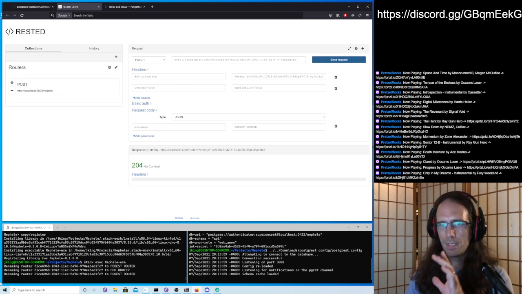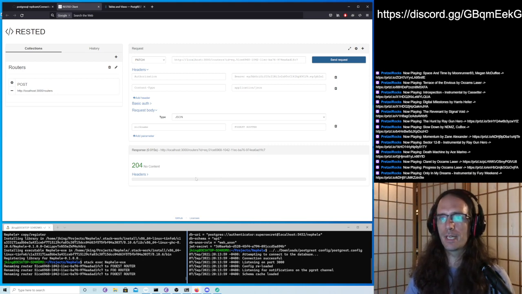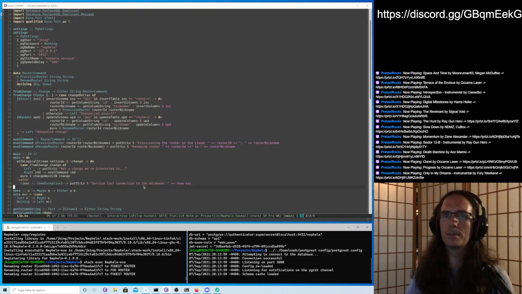So, if we didn't have the technical issues we had last week, we probably could have gotten this done in a couple hours, few hours, and had a prototype of this going right off the bat. I think that's really, really cool. But this eval command is pretty okay. It's not bad, but it's not very testable. Because once things are in IO, how do you test that eval command has actually done the things it's supposed to do properly, right?